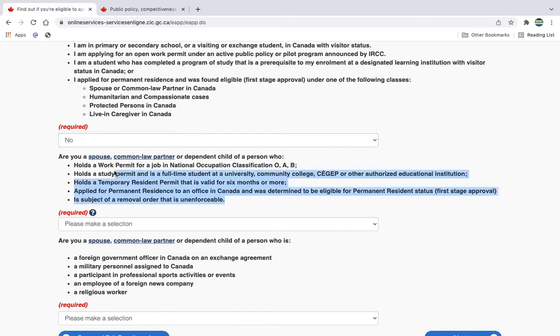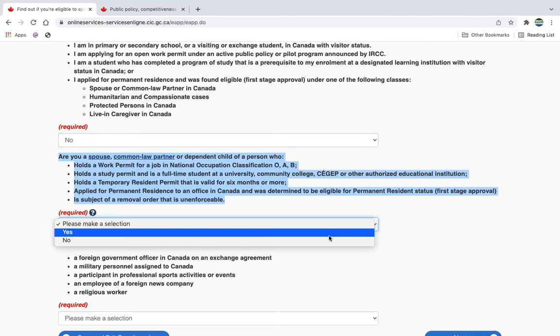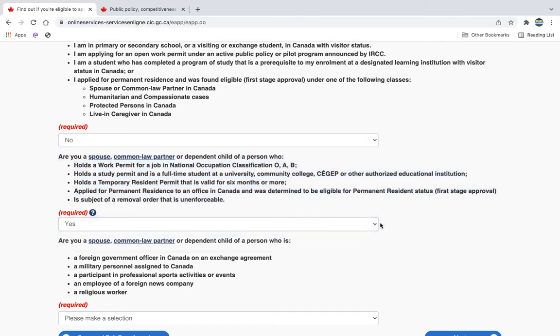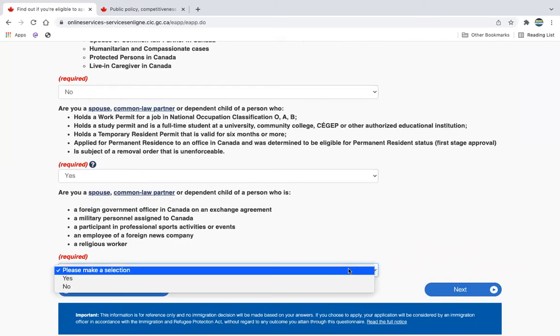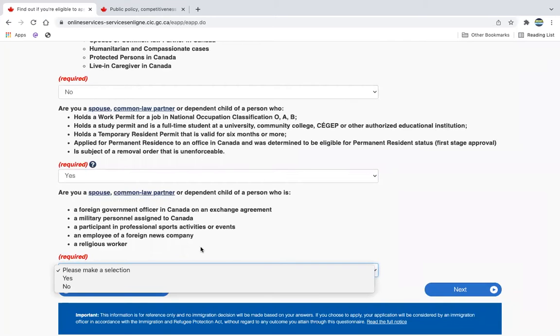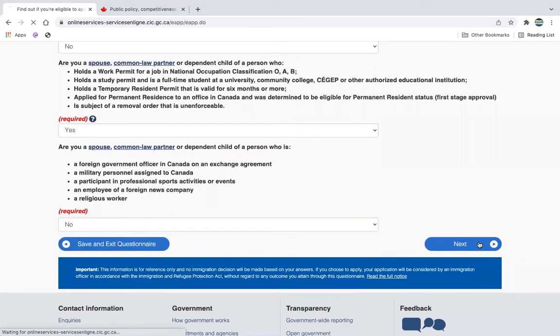You can take time and read this good information and see what fits you. So I'm going to choose yes, because it's for someone who has a National Occupation Classification in any of these job categories, right? And then, are you a spouse or dependent child of who? For this one, it could be you. If that's where you fall under, you choose that. So for this one, I'm going to choose no. Next,